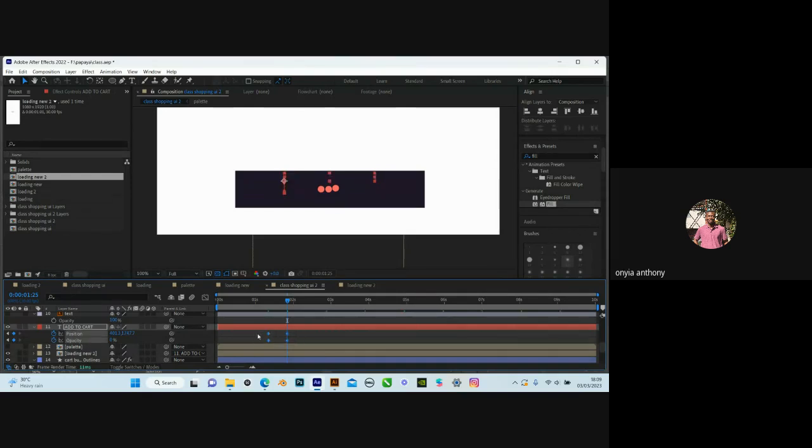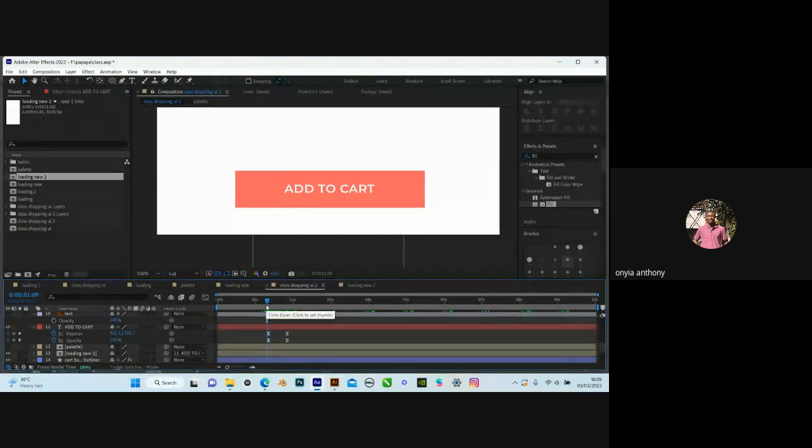Select your two keyframes, Easy Ease. Then, if you don't want the opacity and the final position keyframe to meet at the same point, you can drag the opacity keyframe inward, so the layer completely fades out before it gets to its final location. So if I play the animation,